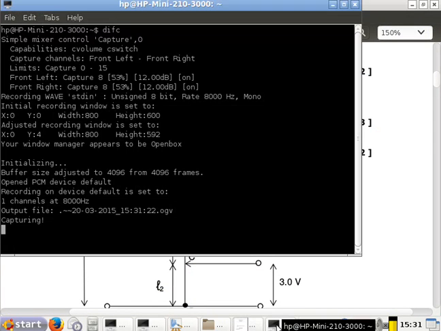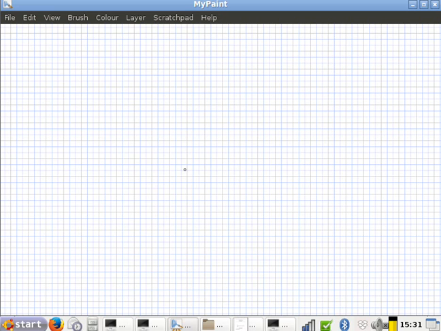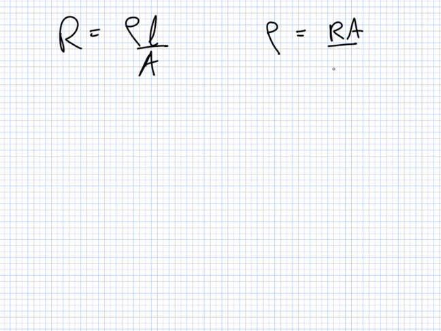Right, resistivity. So, who remembers the formula at least? R equals rho L over A. So you have rho equals RA over L. So you could say